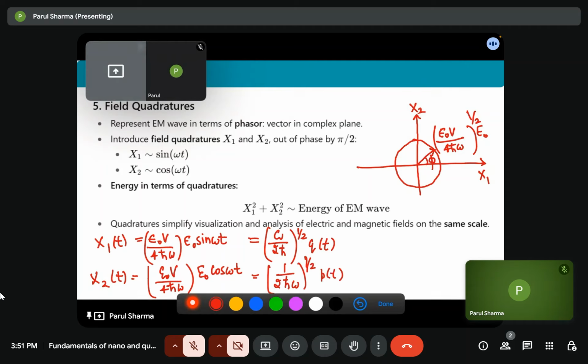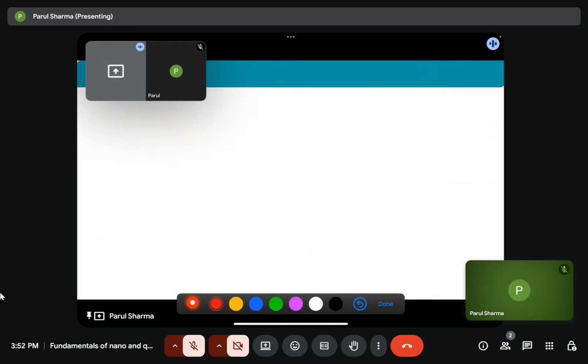So that means it is representing the electric energy or magnetic energy divided by h cross omega. So this is energy divided by energy, and these x1 and x2 are dimensionless quantities, and x1 square plus x2 square will give you